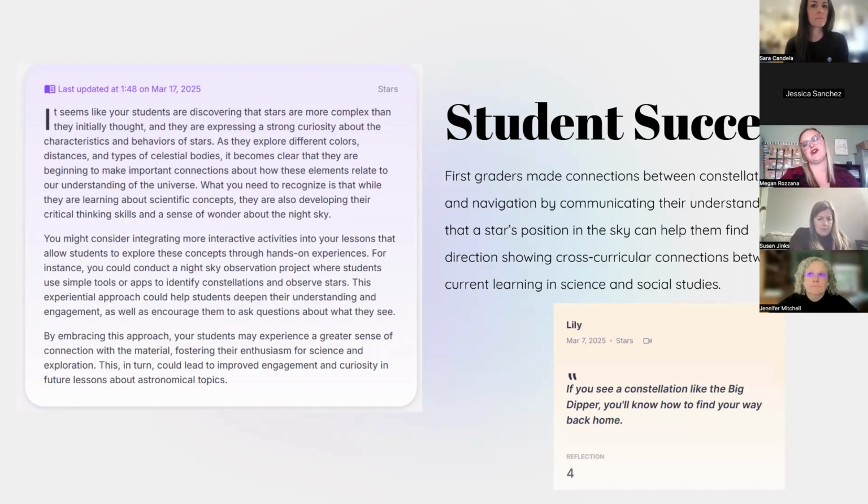And this particular first grader, she was incredible. She got a reflection score of a 4, which we love to see. She made connections specifically between the constellations that we were learning with the Big Dipper and navigation. We were just learning about maps and directions, north, south, east, and west. And in her reflection, she was able to connect both her understanding of how stars have positions in the sky that are fixed, but in like a certain direction,